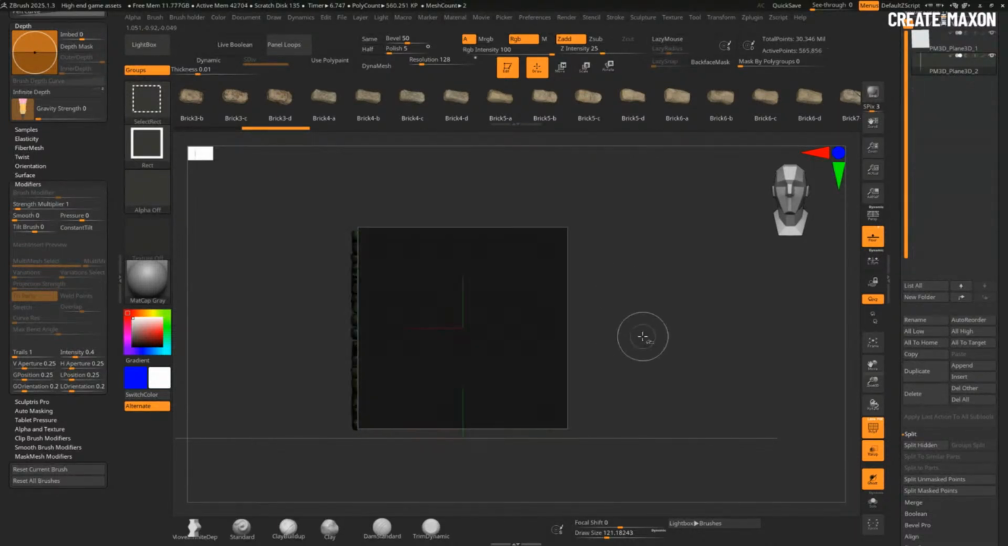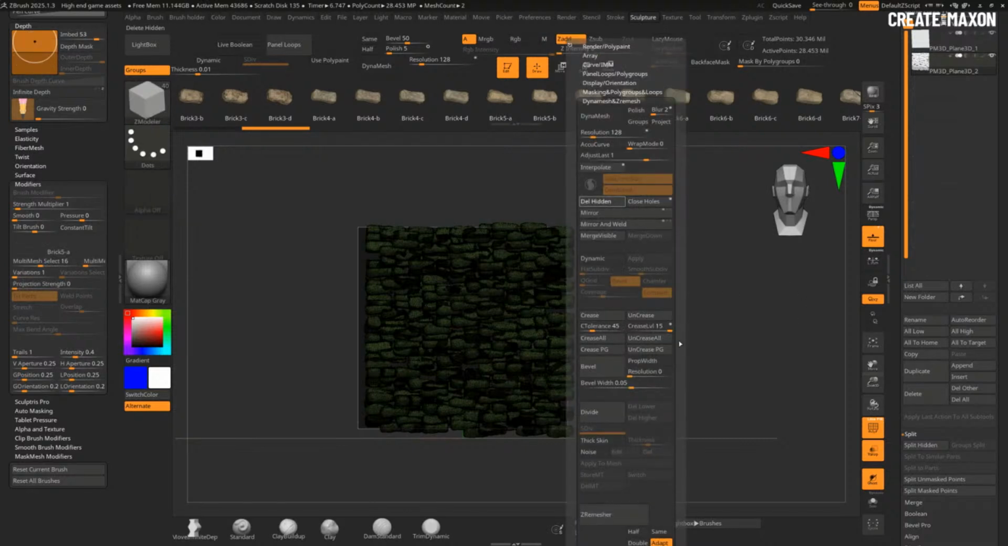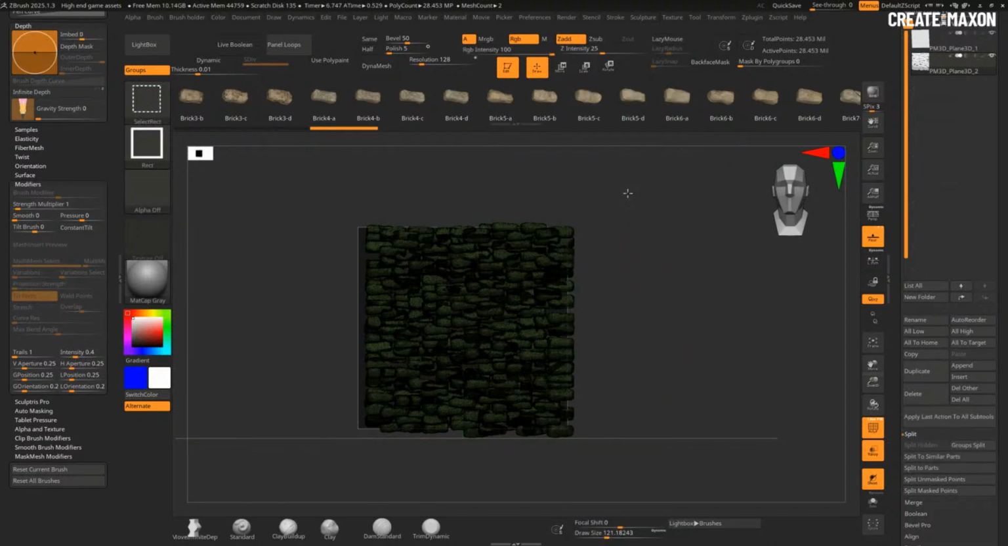So I'm going to go Control-Shift-A to expand to the mesh, basically, and then invert that. And I'm going to delete that. I'm going to delete hidden. Geometry, modify topology, delete hidden. And now what I want to do is I want to grab these,